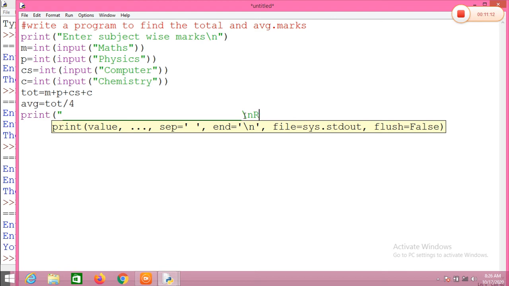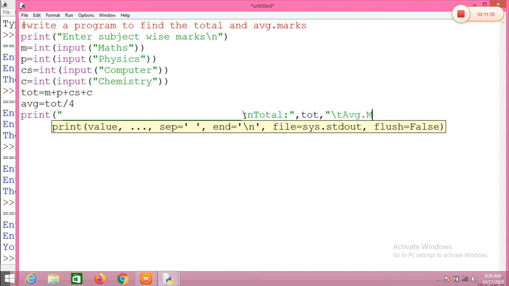Sorry, not result. Result we'll discuss later. Total marks we need to display. So how much marks he gets is stored in a variable TOT. Later, by giving some space, means \t, you need to display average marks.